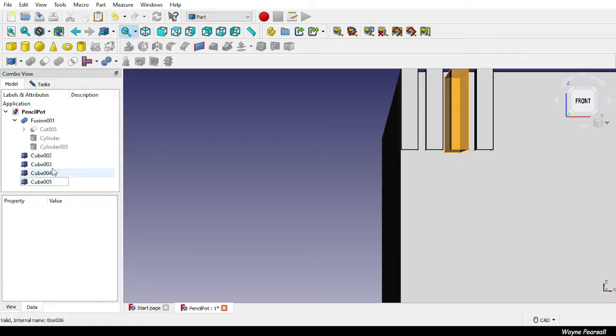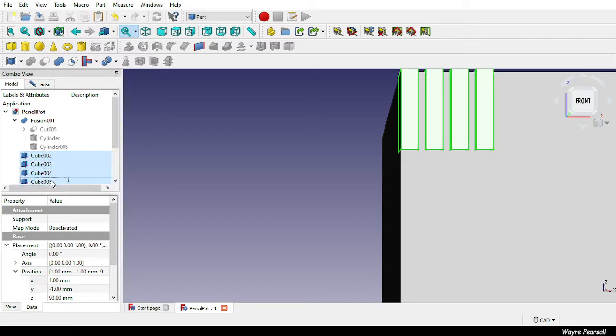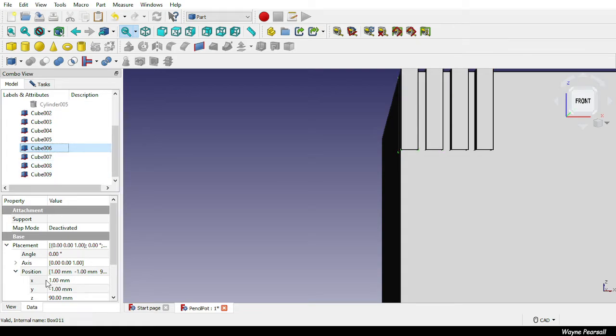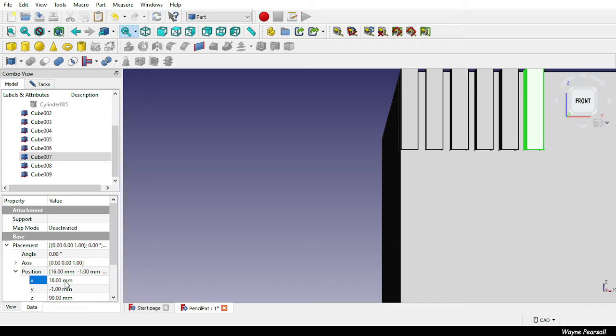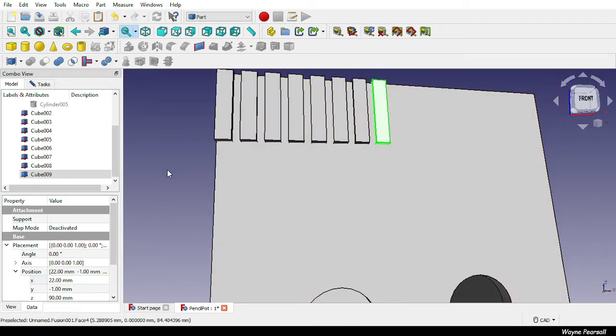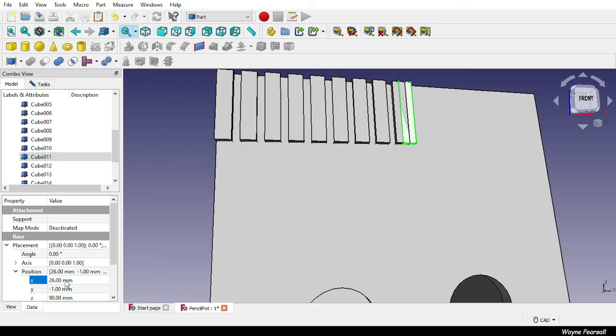Then we can select the compare, say Control-V, 10, 13, 16, 19, 22, 25, 26, 28, 31, 34,